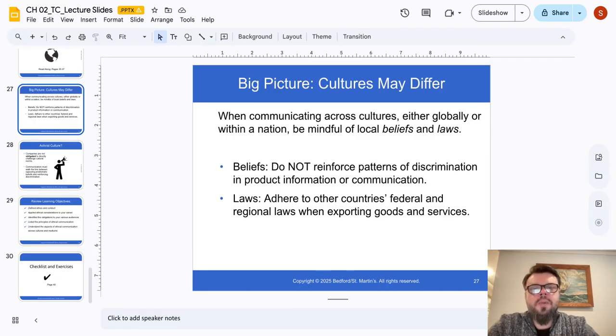However, the chapter also makes clear that organizations are not required to take an activist stance in every situation. They don't have to deliberately provoke local norms, but they should avoid endorsing injustice through their materials. For technical communicators, this means thinking carefully about images, examples, language, and assumptions. Ethical choices are often embedded in seemingly small design situations.